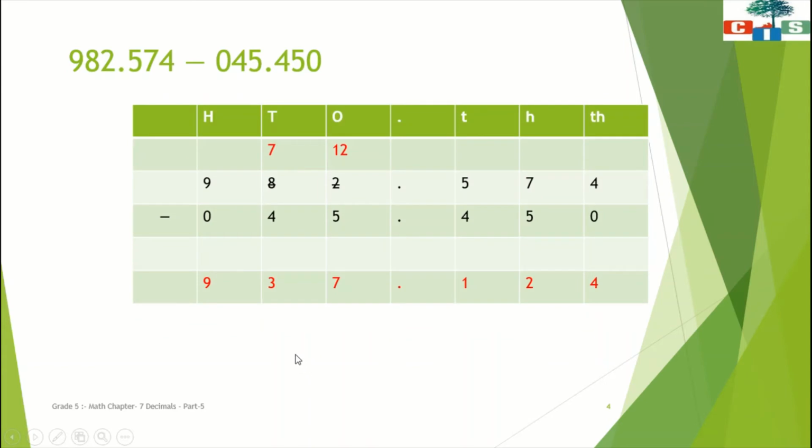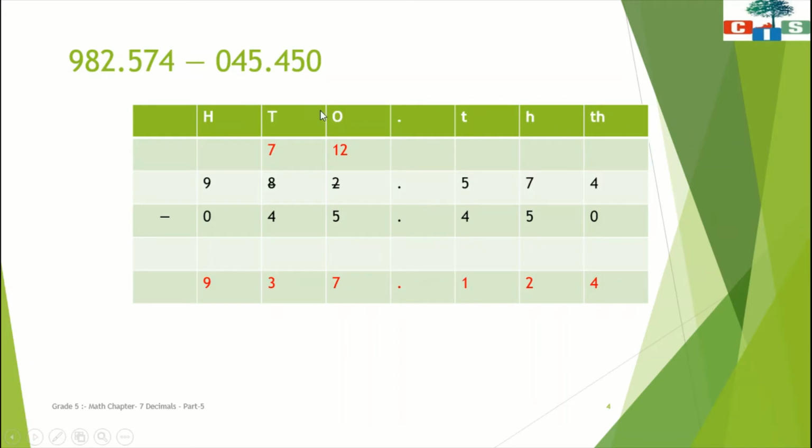Now scholars, we will start with the subtraction process. For subtraction, you need to make this decimal place value chart, and you have to put the numbers in this decimal place value chart. Here I have made this decimal place value chart. Now see, here we have 2 at 1's place, 8 at 10's place and 9 at 100's place. So here I have put the numbers according to it. And now we will see this decimal part. Here we have 5 at 10th place, 7 at 100th place and 4 at 1000th place. So here I have put the numbers according to it.